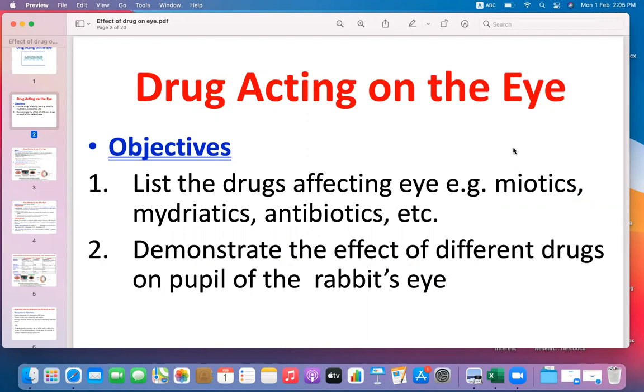Now, the effect of drug on the pupil of the rabbit's eye was a lab two years ago. It was conducted in the lab session, but now we changed it this year. We are taking the therapeutics for glaucoma, and this will be covered in the lecture session. So,